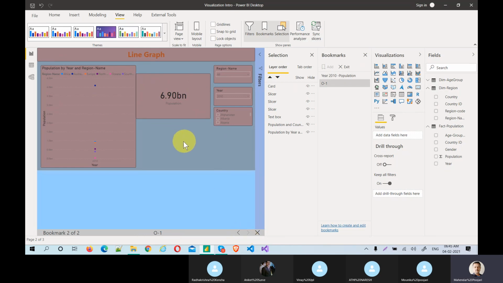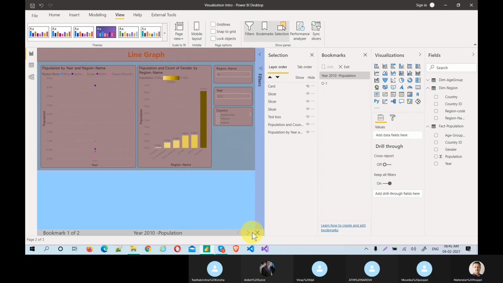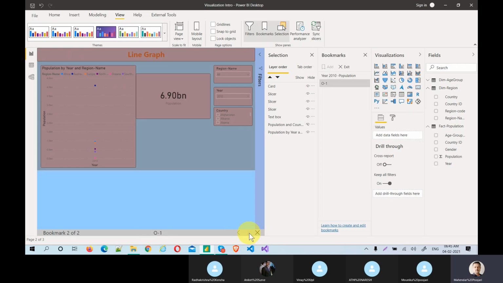I just showed you a sample, but we need to practice a lot on this. I have worked on almost two to three projects with selection criteria and bookmarks only. Guys, is this clear? I'm just showing you one sample thing, but it should apply across the pages. All these things will differ. Okay, let me exit from this.